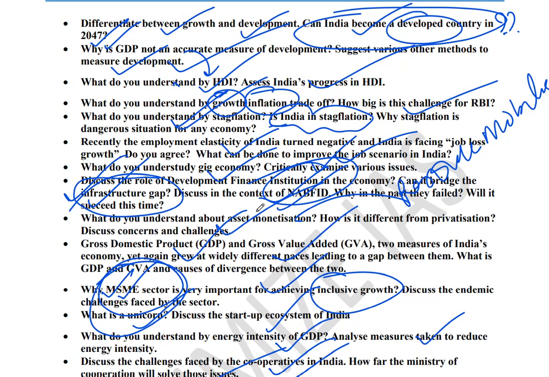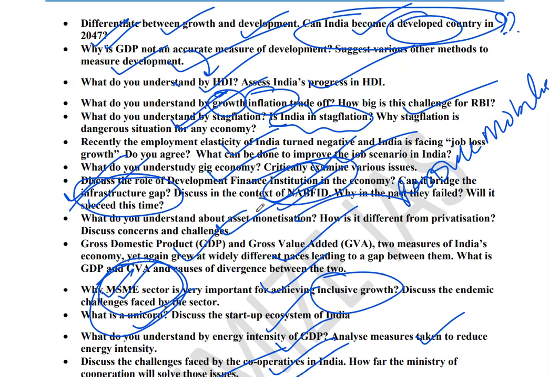Next will be the problem of stagflation and linking inflation and growth. Next will be the topic of employment, unemployment crisis, very high crisis is there, and we can link this concept of employment elasticity. Next is the concept of basically gig economy. Gig economy is in news for various reasons. If it is properly regulated, then it will create a lot of jobs for Indian youth. So gig economy is a very important aspect, but there are issues related to social security in gig economy.